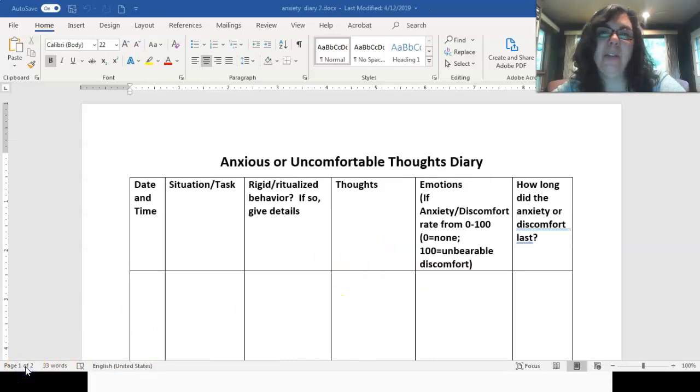And so here's another thoughts diary that is about anxious or uncomfortable thoughts, as opposed to that risk and pessimism that we saw. You can see this is detailed in some new ways compared to that one, but we still have the situation, what's happening. In this case, I've added a behavioral column. So this is somebody who has rigid or ritualized behavior when they're feeling anxious. What are the thoughts they're having that go with those behaviors, and what is the emotion that they're having,